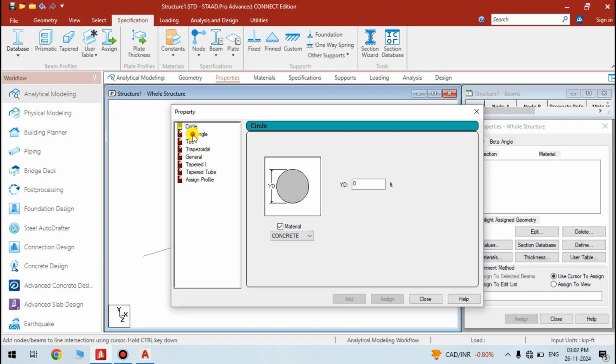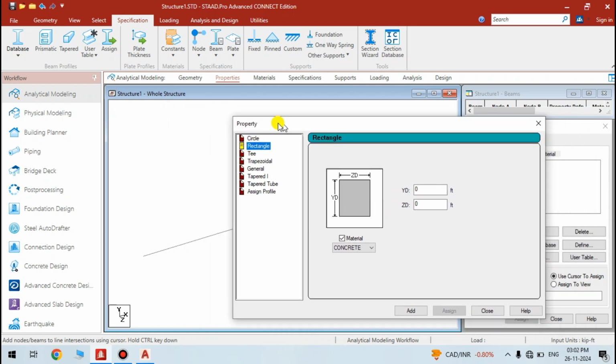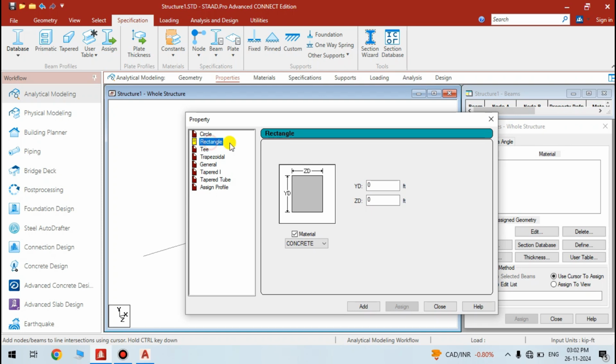The rectangle one I want to choose. Under this option rectangle, you see ZD and YD. ZD means width of the beam and YD means depth of the beam. So YD, that is depth of the beam. Let us consider depth of the beam is